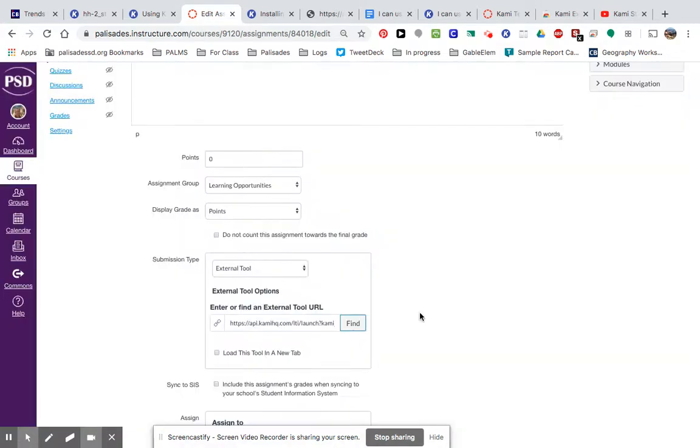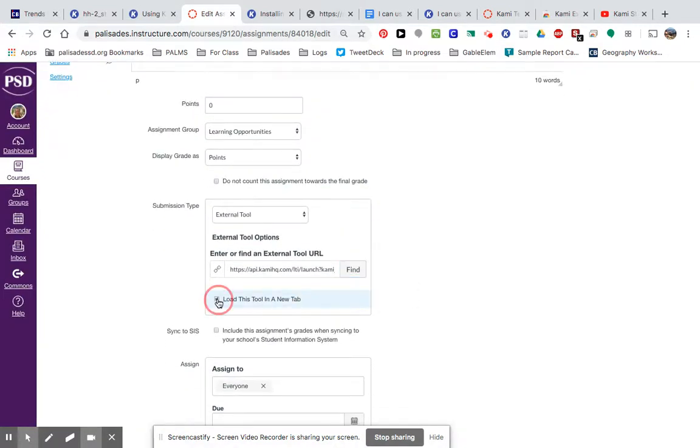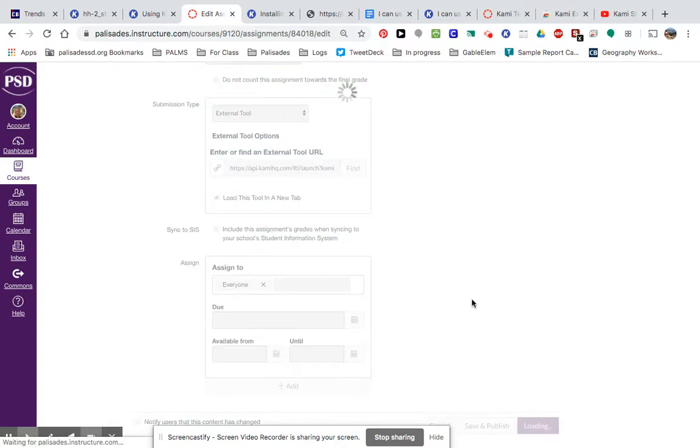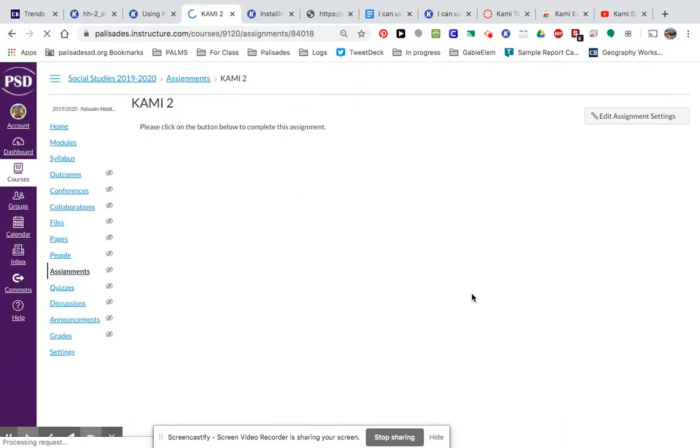So hit select, and I like to load this tool in a new tab. I think if you don't click that, it embeds it directly into Canvas, but the tutorial that I saw said to load this tool in a new tab. So I've been doing that and it's working, so I don't want to mess with it too much just yet. So assign it to everybody, put a due date on it, whatever you want to do, and hit save. And then what that will look like is just the assignment that you created with this button. So when they click on the button,